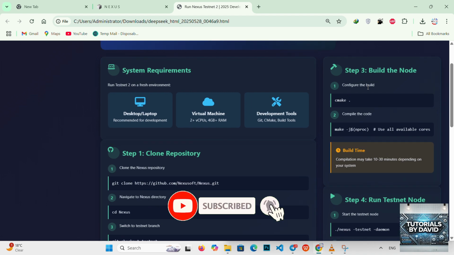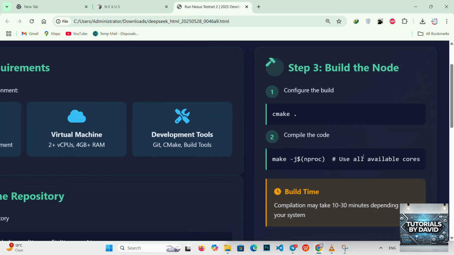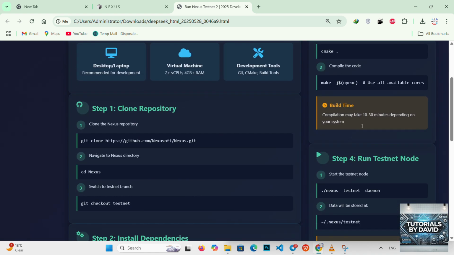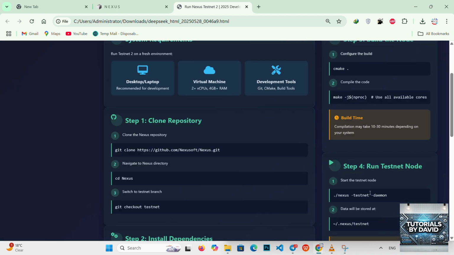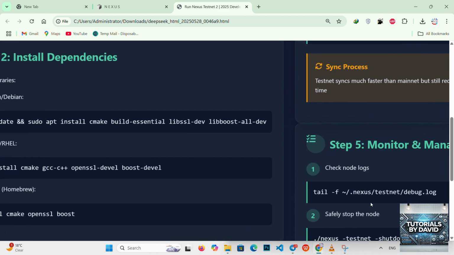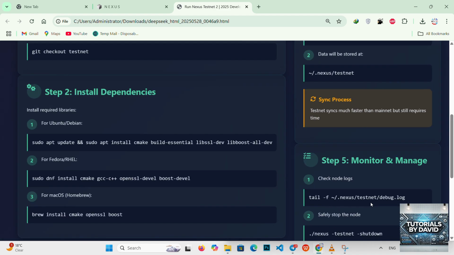This tells Nexus to connect to Testnet 2 and run in the background. It will create a new folder under .nexus/testnet to store all your test data. If you want to see logs or check progress, you can simply type this. Give it time. The sync will take a bit, but since it's a testnet, it's way faster than